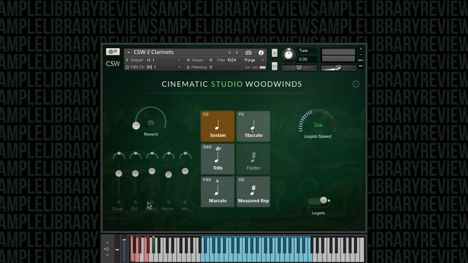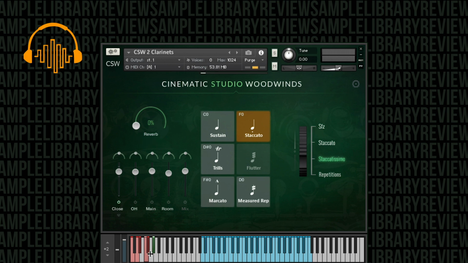We'll have a look at a couple of the mic options. So the mic options are a little bit different compared to the strings and the brass in terms of having an overhead mic. This is a kind of typical thing which will be used in orchestral setups, and with them sitting a bit different place further back from the orchestra, the overhead mic brings that to the fore a little bit more, if you like. Now, what I'll do is I'll try it on staccatissimo, and just so you can hear, on the shorts it's a bit easier to hear exactly what's going on with the different mics, I think. So with the close,